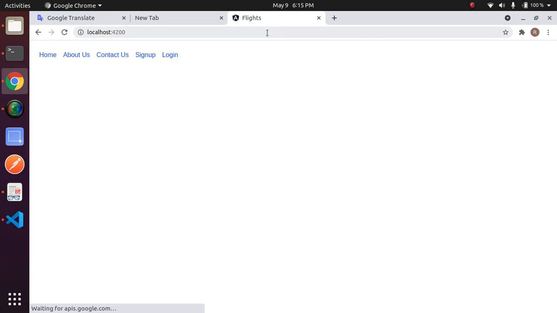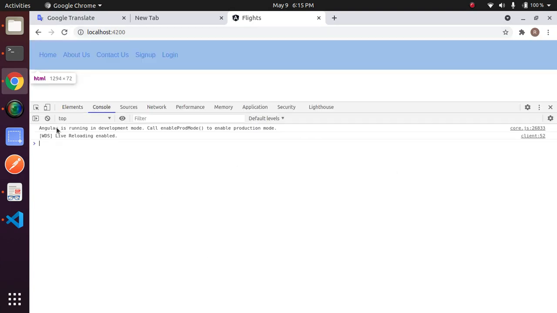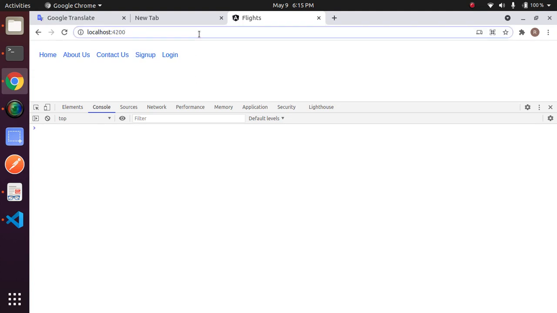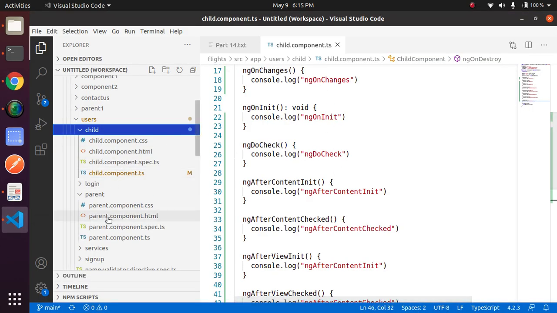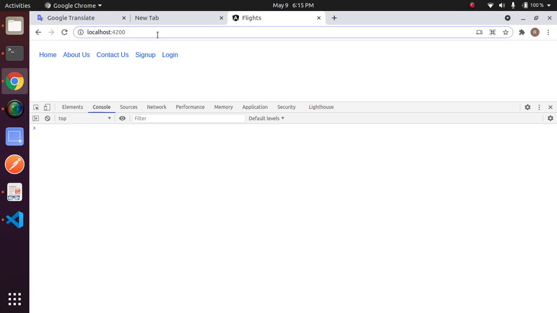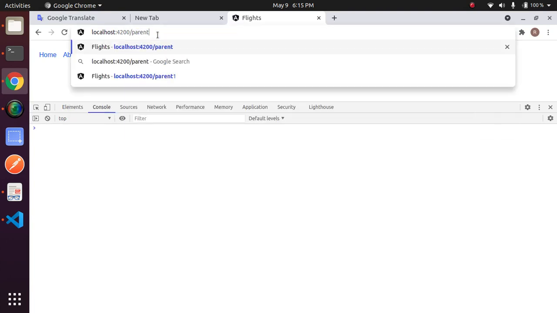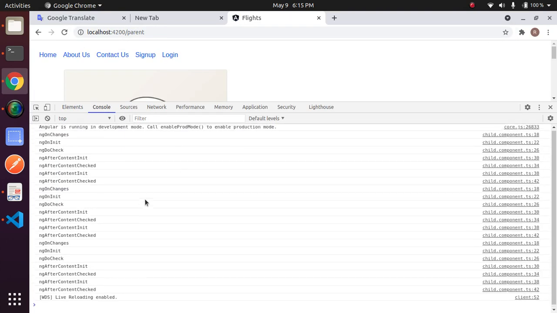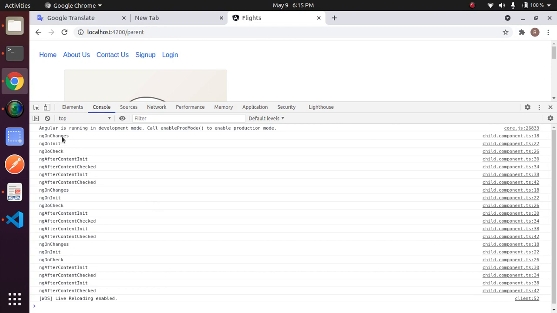Put 4200, inspect, click on console, and then open the parent route. The child component where we have written our hooks is called inside the parent component. So on the parent route, if you look here, the sequence is: ngOnChanges first, then ngOnInit, ngDoCheck, ngAfterContentInit, ngAfterContentChecked, ngAfter